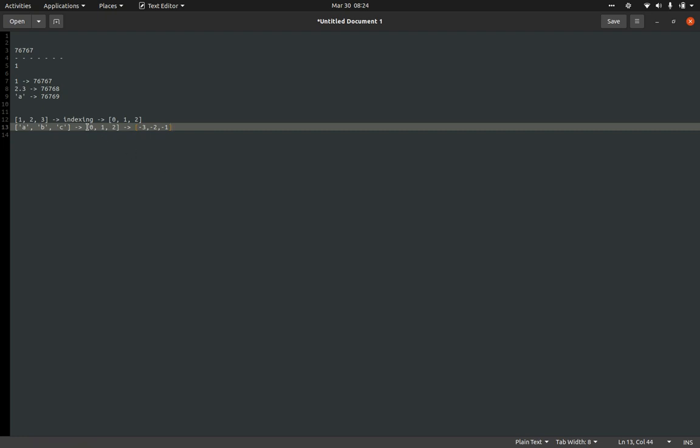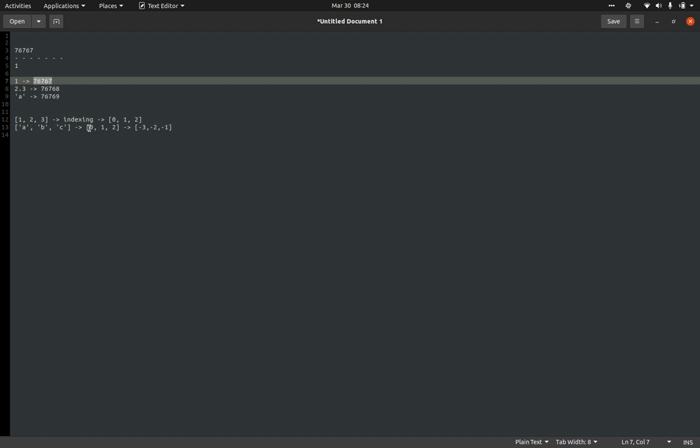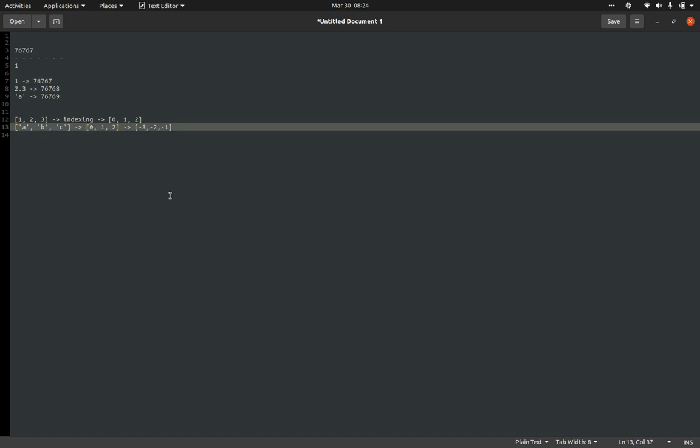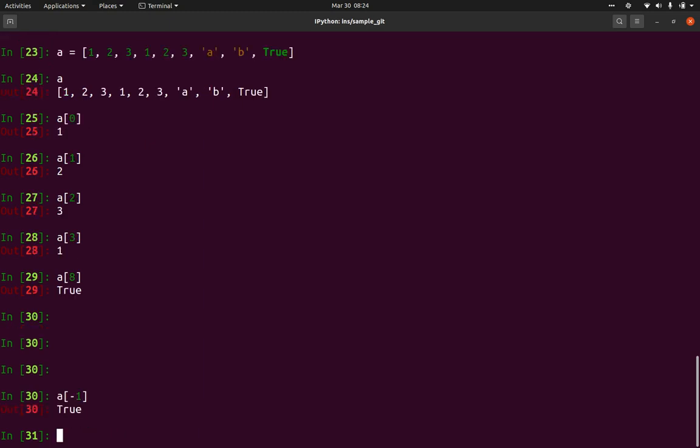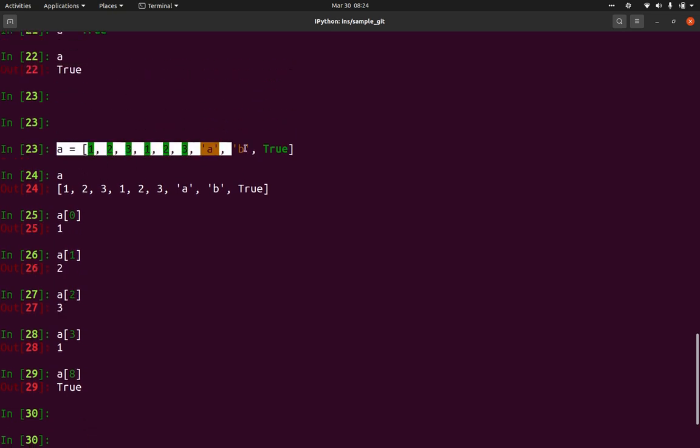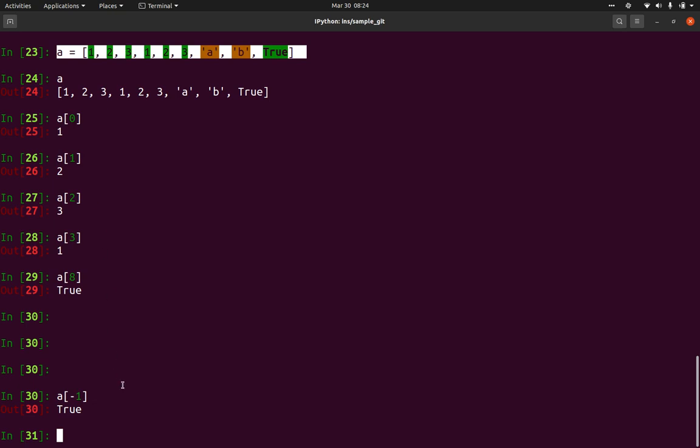Basically this indexing and this indexing are exactly the same, it's just the referencing that changes. The same address will be referenced by this particular index as well as this particular index. So we are not wasting any memory, we are just referencing the address values. The same element which we fetch using positive indexing can also be fetched using a of minus 1, and we will get the same value. So we have positive indexing as well as negative indexing to fetch the elements. This is how you define the list and how you fetch the elements.